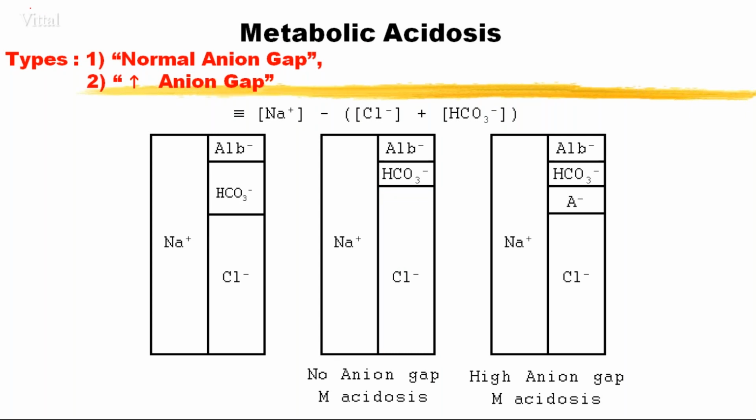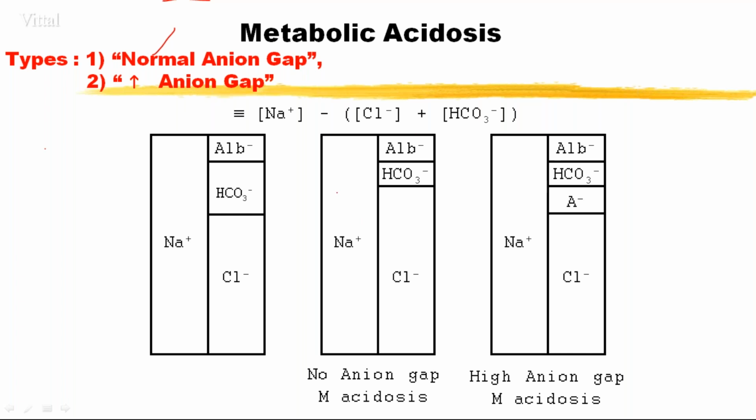So all the ions in the blood are divided into the anions and cations. If you take the serum, the major cation is sodium. And anions: serum albumin and all the serum proteins are negatively charged, so they are anions. There is bicarbonate and the chloride. These are the major ones. The sum of the anions and the sum of the cations should always be equal. So if you calculate sodium minus chloride and bicarbonate, these being the major ones,